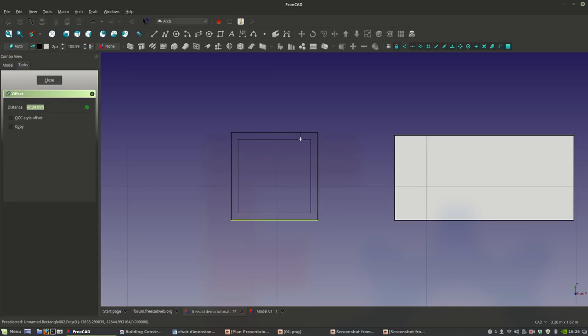So we're gonna say maybe 50 millimeters, and I'm gonna copy. Okay, so I'm gonna offset by 50 millimeters, or let's say 40 millimeters,